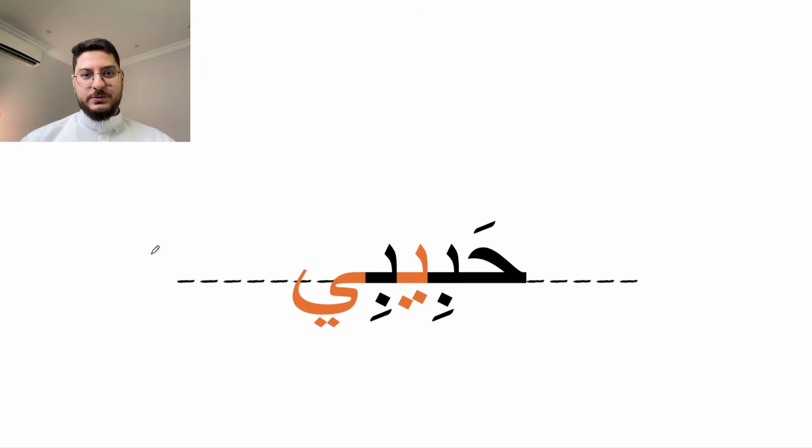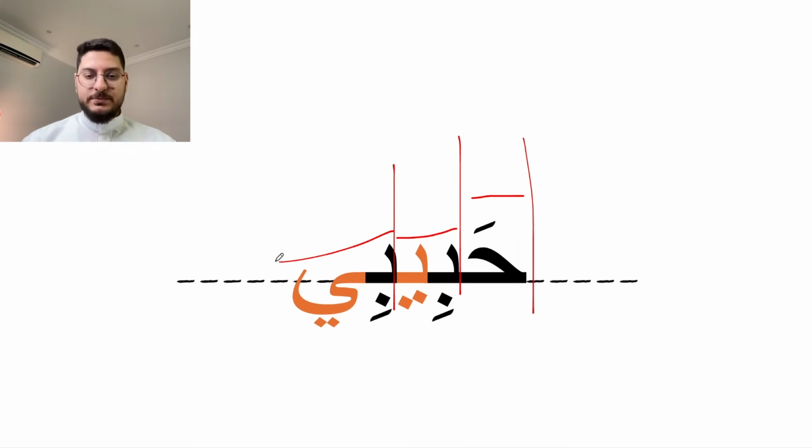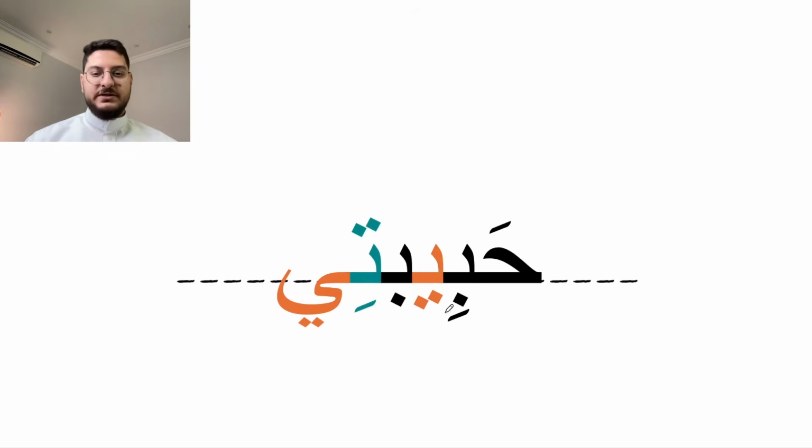Let's look at this word, which you have probably heard a lot before. Let's split it into syllables. So the first syllable is ha, and then bi. Habibi means my dear. Habibi, right? And the E at the end is the my part of it. Habibi. Now, I can only use this when I'm talking to a male. If I'm talking to a female, then I should say